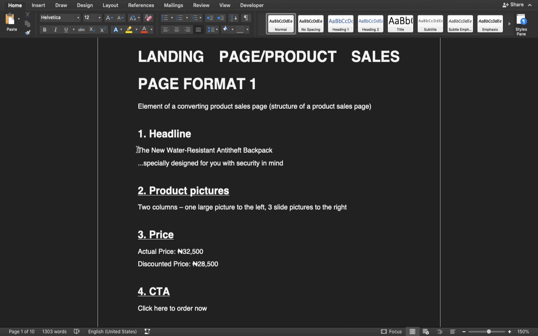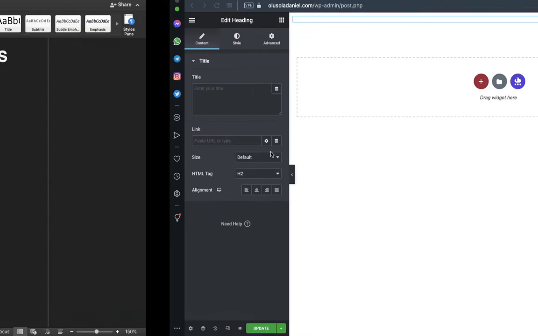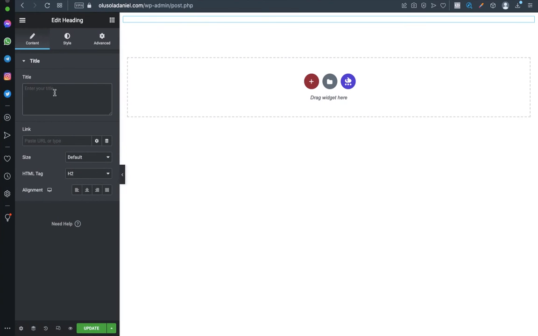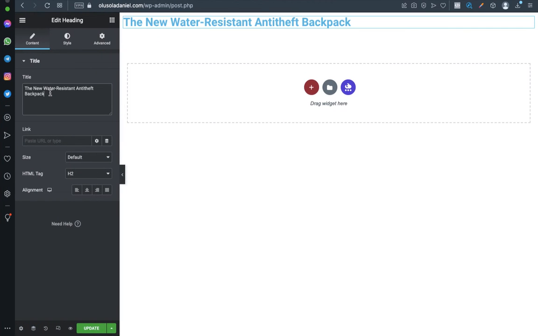So this way, let me copy. I can actually type them out, but this is the way I build my pages. I write them down, then I copy and paste when I begin building the page. So you paste it here this way, or you type it in your own case. So you type it. The next thing is